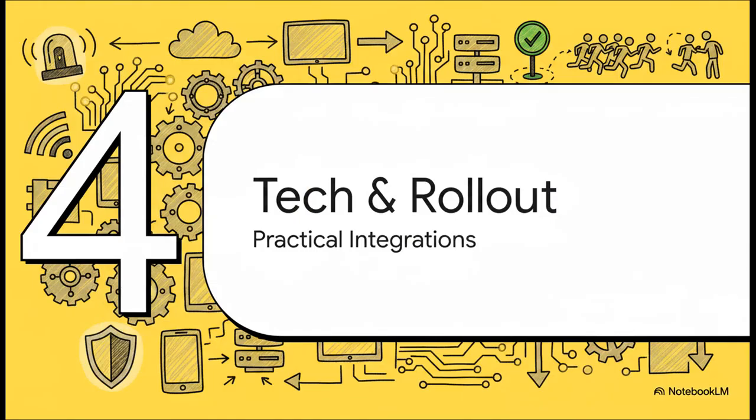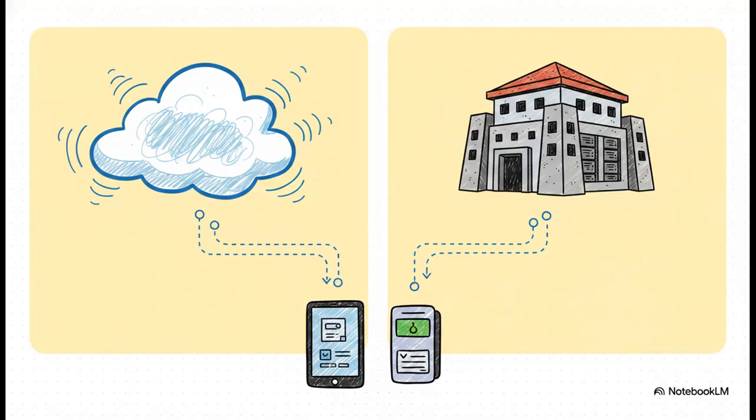Which brings us to Section 4, Tech and Rollout, Practical Integrations. When it comes to the actual technical architecture, you generally have two main paths: Cloud-based systems are fantastic. They offer easy regional scaling, centralized dashboards, remote admin, the whole shebang. But critical facilities with incredibly strict network policies, or maybe just unreliable Wi-Fi, often opt for on-premises systems for that local resilience and offline capability. Honestly, many complex organizations just use a hybrid model, making sure they have offline badge-reading fallbacks just in case the